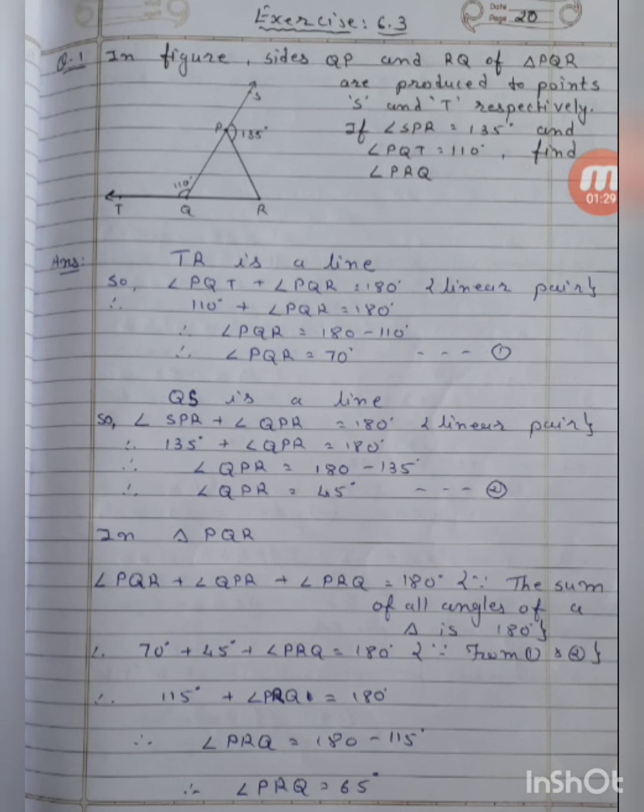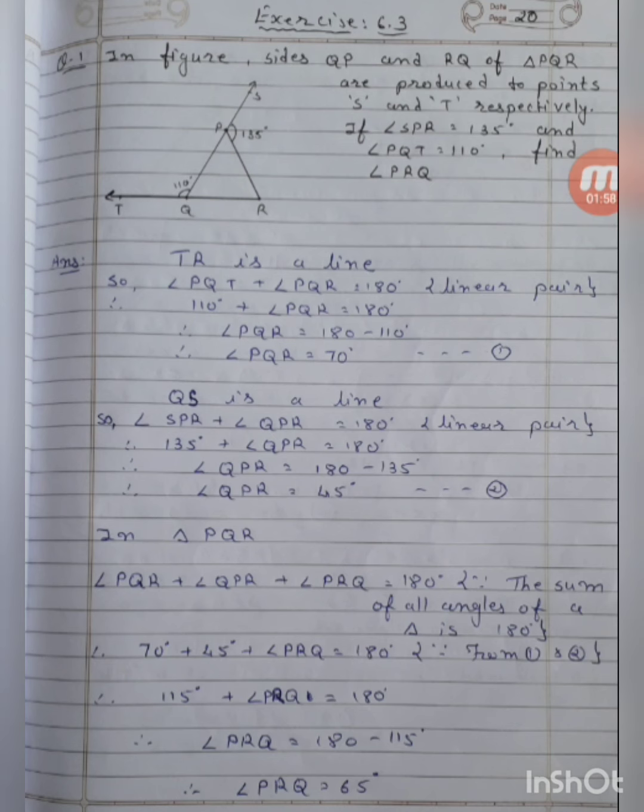So, angle SPR plus angle QPR is equal to 180, linear pair. But SPR is equal to 135 is given. So, 135 plus angle QPR is equal to 180. Then, angle QPR is equal to 180 minus 135. Then, angle QPR is equal to 45 degrees. This is number 2. But in triangle PQR, angle PQR plus angle QPR plus angle PRQ is equal to 180